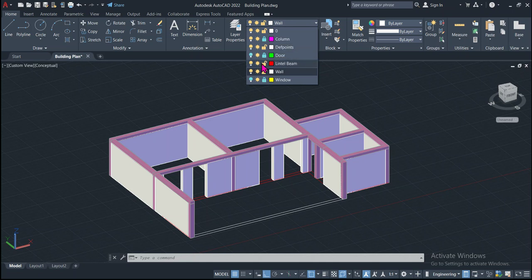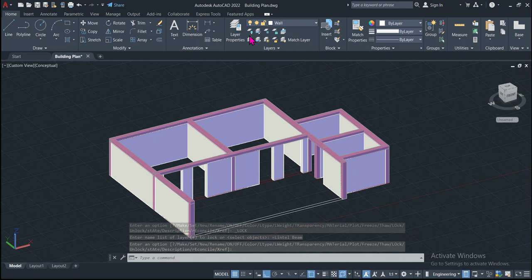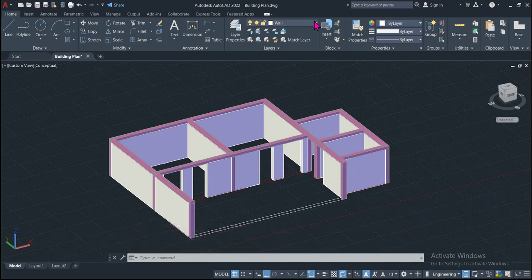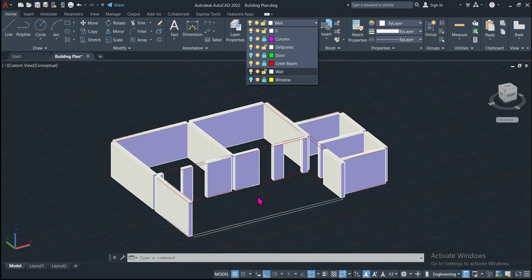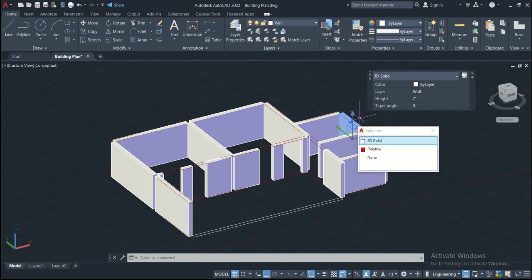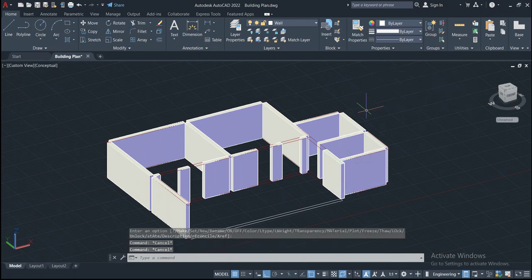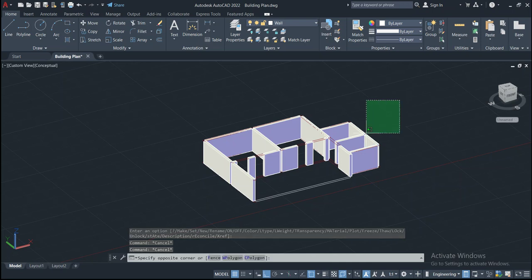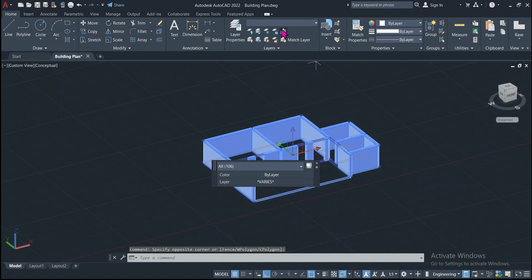So the lintel beam will also be locked and the columns will be made to be off the layer for the column, and so we will copy these and